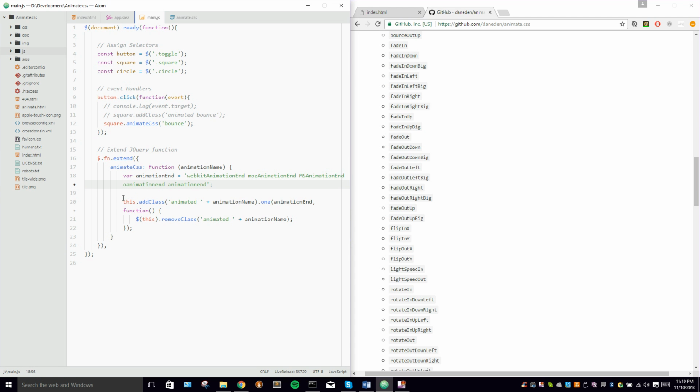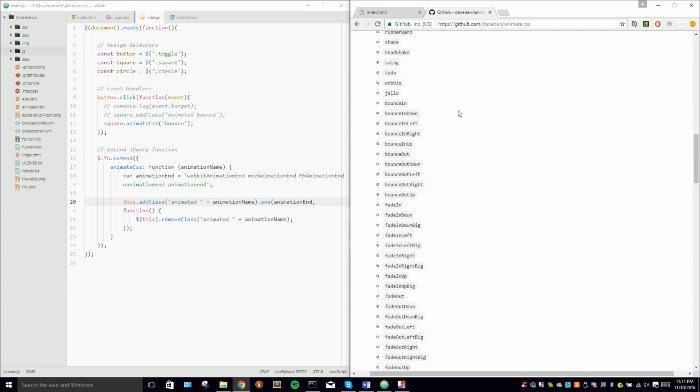But moving on to that, once we've got this element selected, or it's bound to this, then we add the class of animated. So this is just via string adding the animated class that we need, then also adding the animation name that we've passed through here, the attribute, and then we're also binding the event listener. So once we've added the animated and animation class name, we'll bind the event listener, and when that event listener fires as per